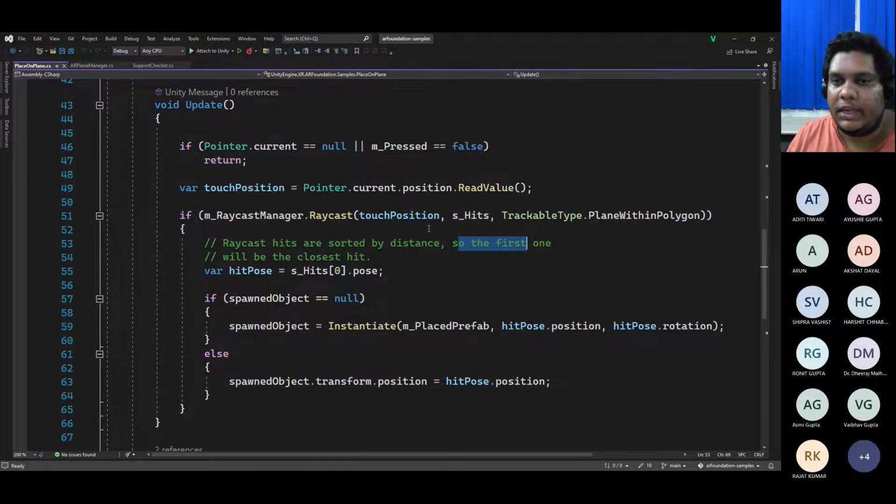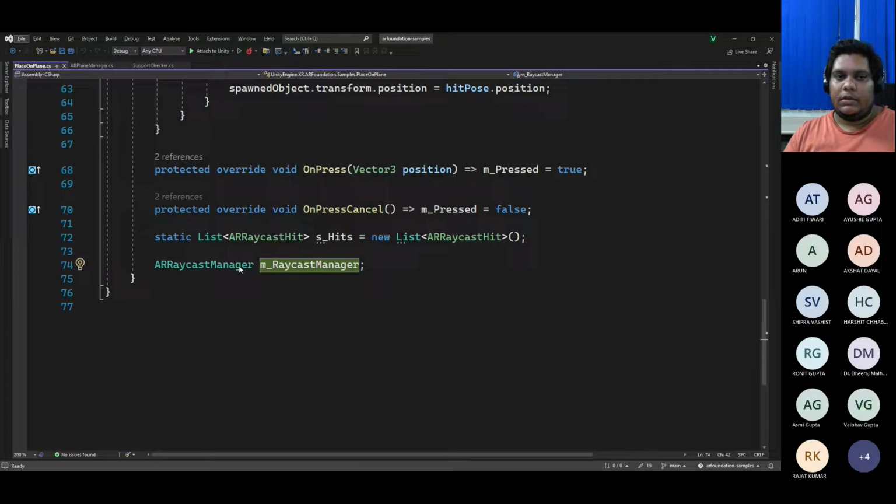The variable hits, it's s underscore hits. If you remember, we created a hit variable when we were creating raycast for shooting. That same concept is implemented here, which is basically if raycasting is hitting something, and let's say there are two planes here, then it will give you the first plane, and on that the object is instantiated. And obviously we can look into Raycast Manager as well, which is an AR Raycast Manager,